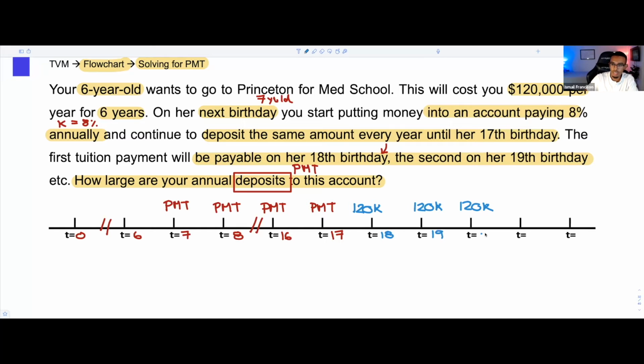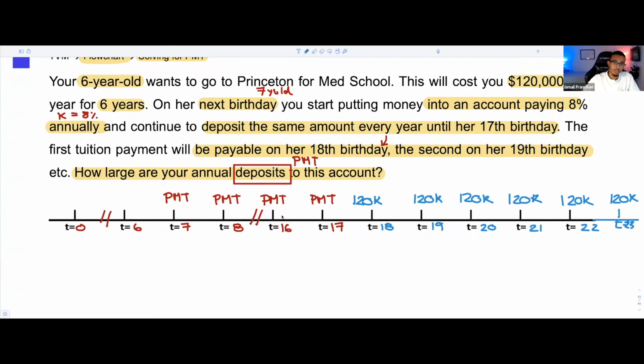18, 19, 20, 21, 22, and we're going to add another one, 23. All right, so we're going to have these 6 payments of 120K. All right. So as you can see, what we could say here is that we actually have 2 sections to